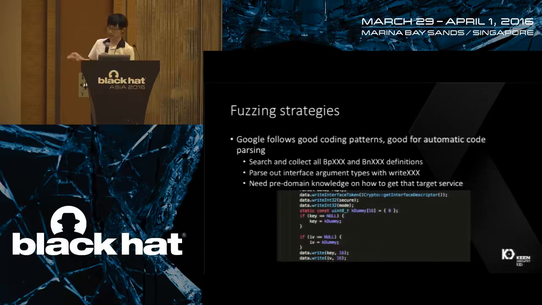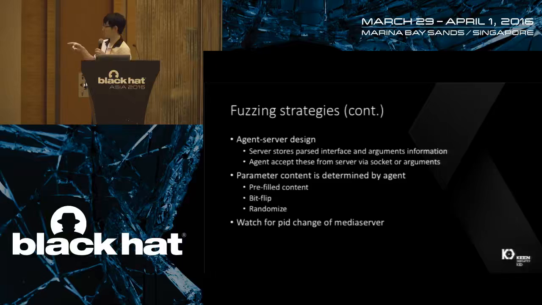For example, in this picture, we see that the argument first needs a string, then it needs an int, and then it needs an int again, and then a byte array of 16 length and another byte array of 16 length. So we need some logic to decide which integer we will use and which content of the byte array we will use. In this part, I use some pre-filled contents, like some integers that will frequently trigger integer overflow,